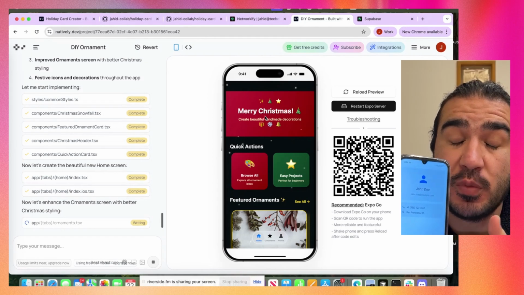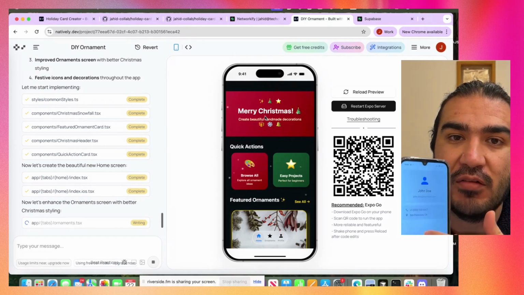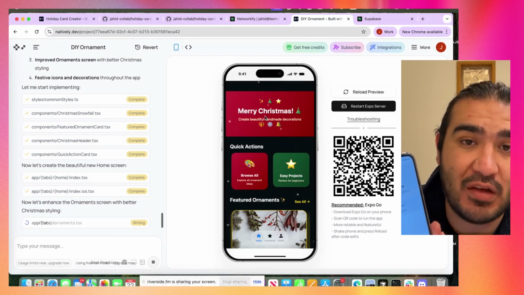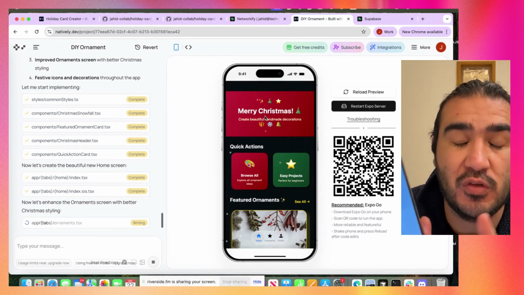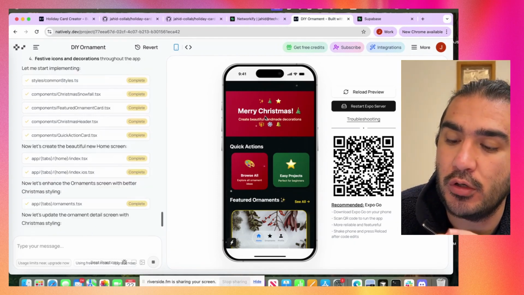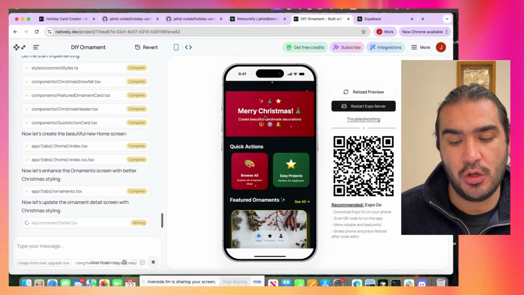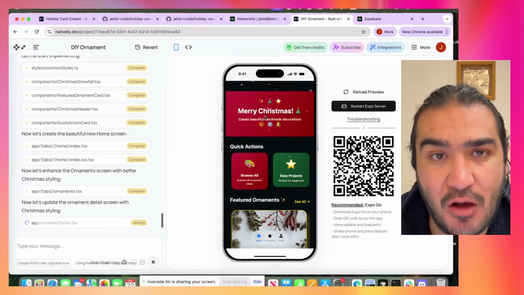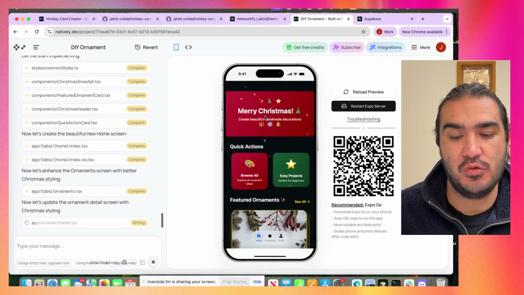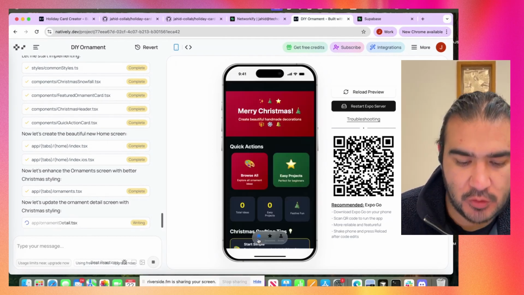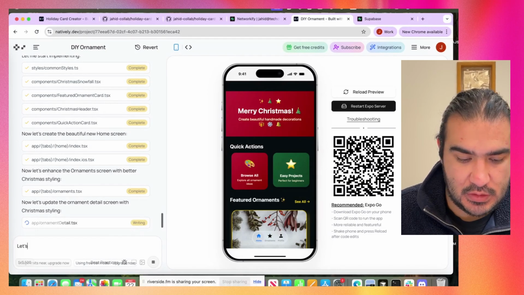We connected Supabase and built the backend, but it didn't add the authentication. We have to ask AI to build that because it's very important to have the authentication, the login part, in the app. Of course, we can skip this login part because we don't need to have an account, but it would be nice if you can actually show and have an account there. So that's nice. I'm going to write the prompt. Let's add the